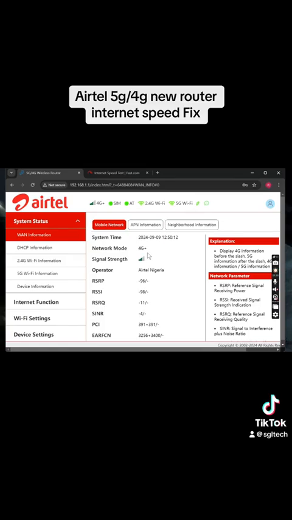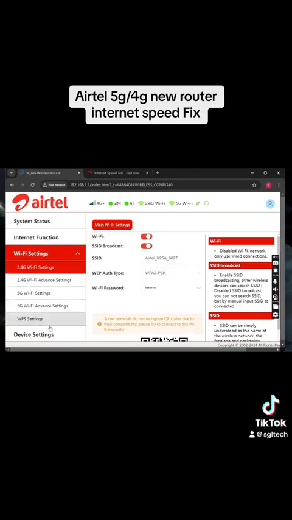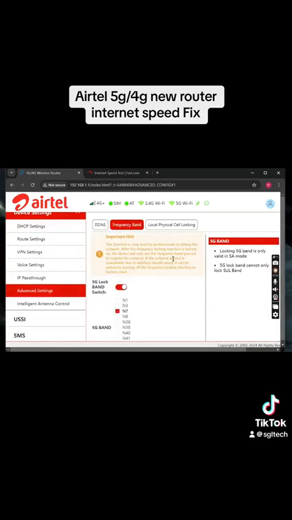the channel that your router is on. So those are the two things you need to understand. Now, in my own case, and in most people's case that I've taught, at least 10 people that I've taught and asked for feedback, the main problem that usually occurs is the frequency band. You understand? So to see the frequency band, you can go under device setting, advanced setting, then frequency band right